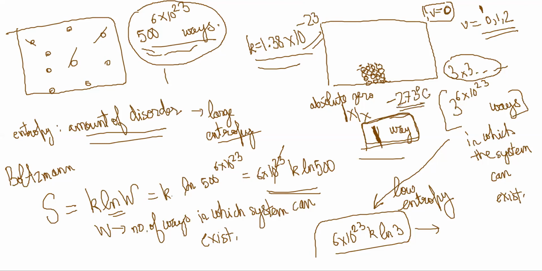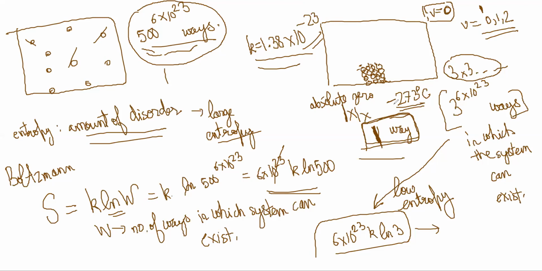Then the particles of the solid or liquid or whatever, they don't have any energy. They cannot vibrate also. They are frozen. They're not moving around at all. So that is the zero entropy situation. The system can only exist in one state then. So basically what we are understanding is entropy is a measure of the amount of disorder in a